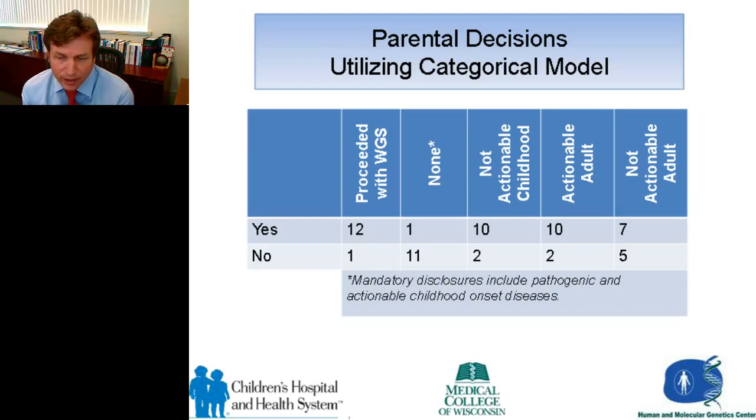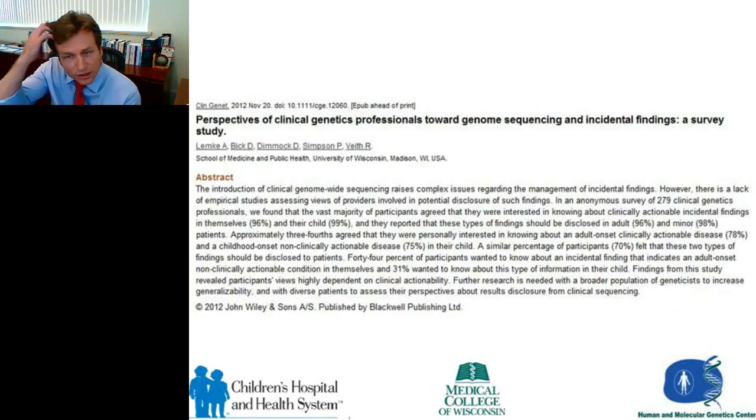So David Bick and some other team members have been going out and doing surveys when they give lectures to the colleagues that are working in this space. And this paper was recently published, and the argument would be that if we all believe that adult actionable shouldn't be disclosed, then when we're asked about our children, we should all say, no, we don't want that information. So what did we, the learned, decide? Well, this paper I think is quite interesting, and if you were to read down through this,